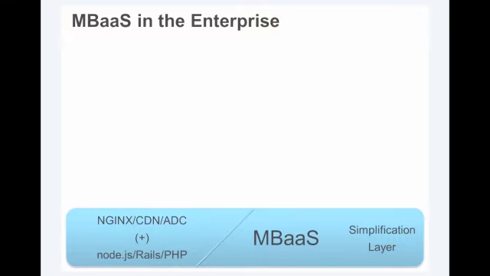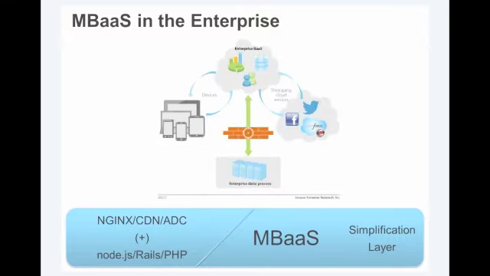So if we see how that simplification layer works with the mobile backend as a service, we get the picture that we have above, which looks very similar to the one we had on the last slide, where I still support all my devices. I still have user management and analytics and metrics in the cloud. I still have cloud data storage. I can still talk to third-party cloud services, Facebook, Twitter,